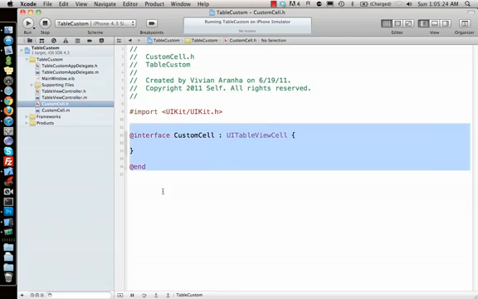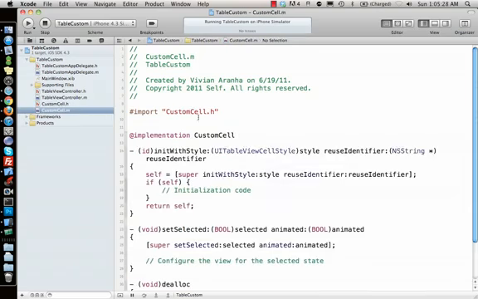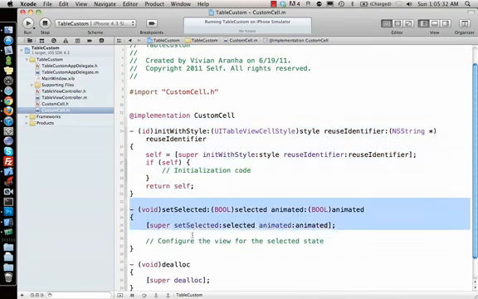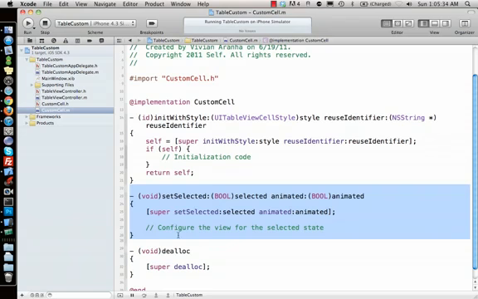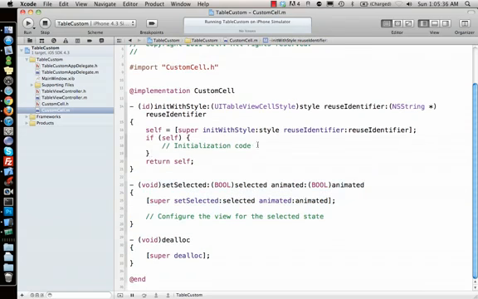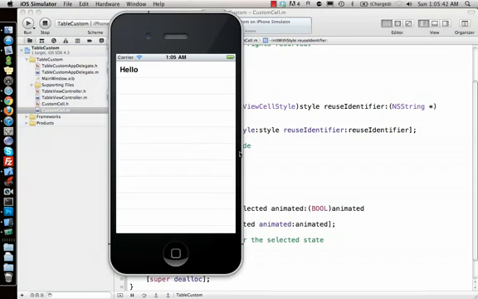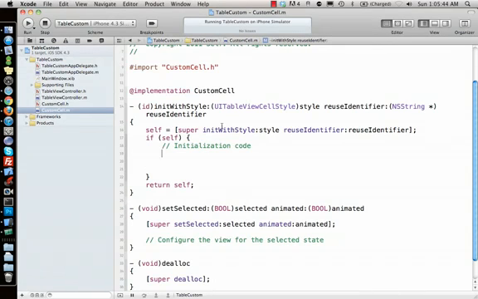Custom table cell is just another class which is a subclass of UI table view cell, and it has some init with style method, set selected if something is selected, and so on. So I'll go here, and just below the initialization code I can type whatever I want in my custom table view cell. So I say if I want a UI slider